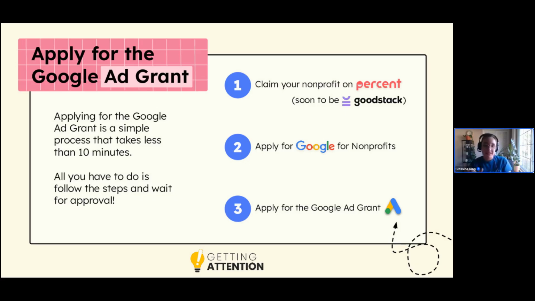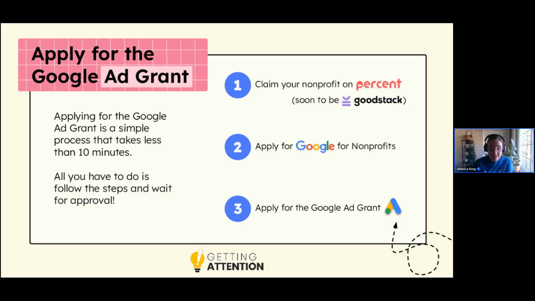So ideally, we get that email saying, great job, you've been approved. And if you are not eligible for Google for Nonprofits for any reason, they'll tell you, hey, we don't think your organization is eligible. Once you get approved for Google for Nonprofits, you can log in and you'll see that list of products that I named earlier, and there will be an ad grants logo. That's that little A that's on the slide here. And you will be able to apply for the ad grant.